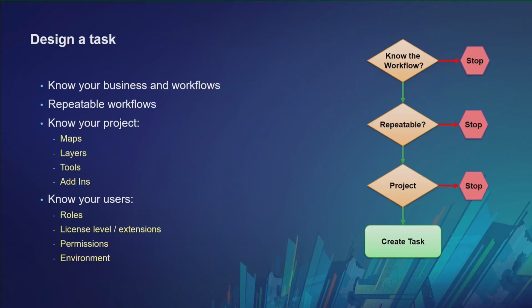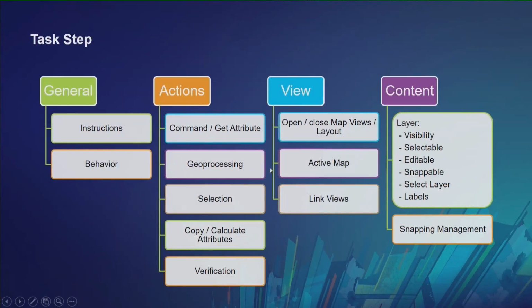So it's important to know what license level they're going to have, their roles, permissions, and so on, the environment basically they're going to use. So that's also important. If we look at the step, which is kind of the most important component of a